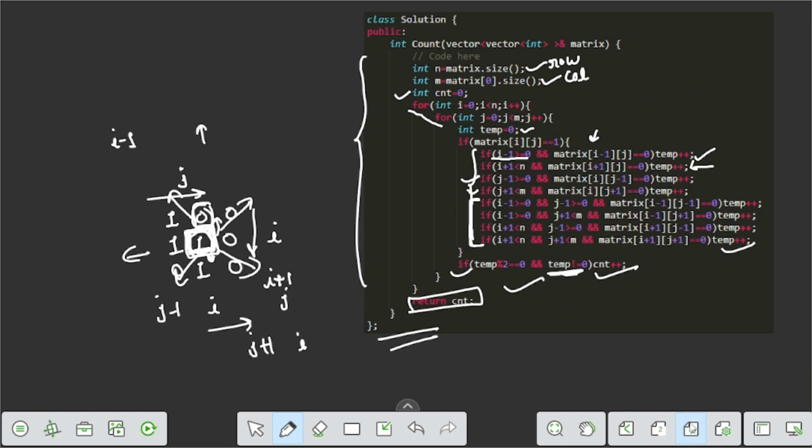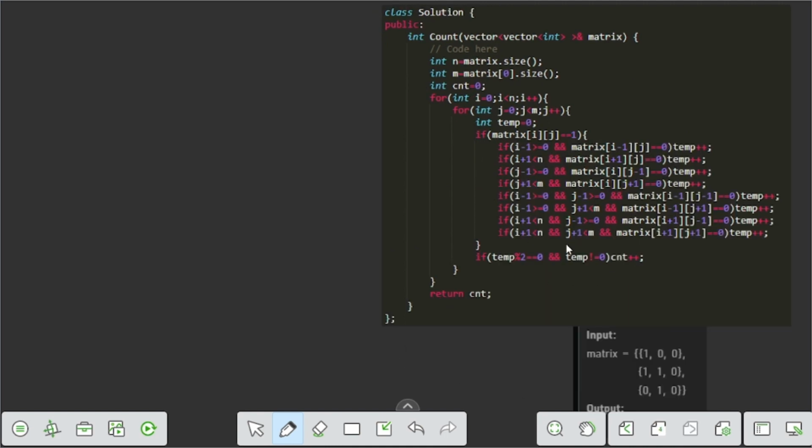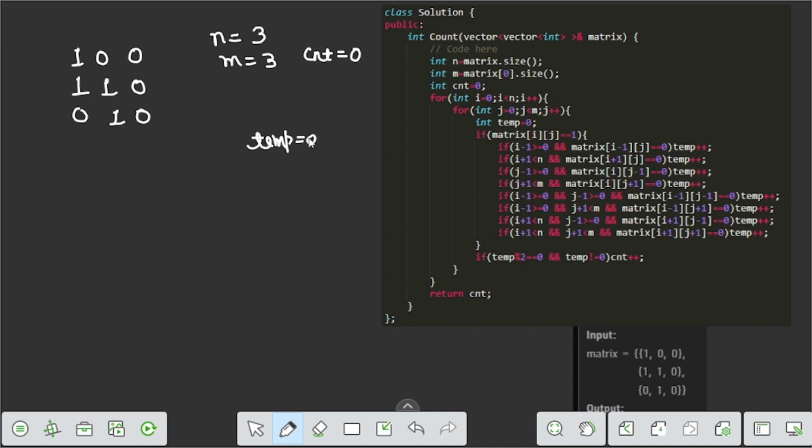Both are the same. So let us try and run this example, which is 1 0 0, 1 1 0, 0 1 0. So here n is 3 and m is 3, and initially count is 0, and we go to each and every index. For this index we initialize temp as 0, and check all possible directions and increase the count, which is 0.